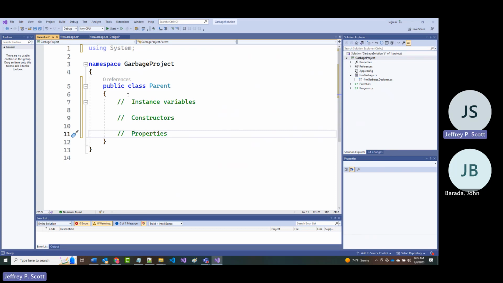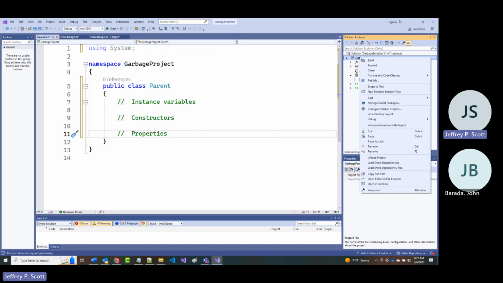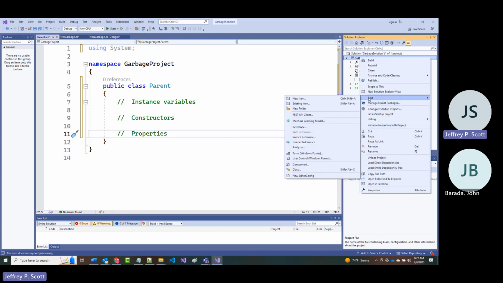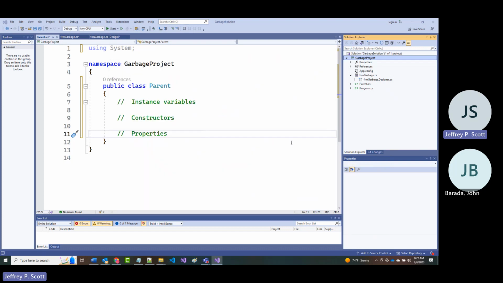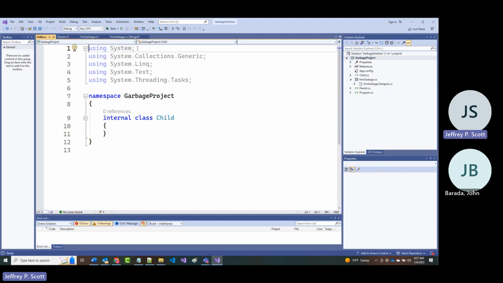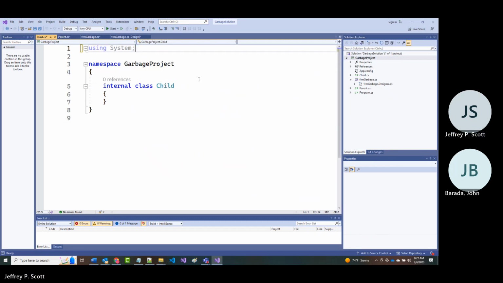So again, why am I showing you this? Because now, if I come in and I right mouse click and again add and again choose class, now I'm going to create another class that I'm going to call child.cs. And it doesn't look any different really. Again, I'm going to make this public.